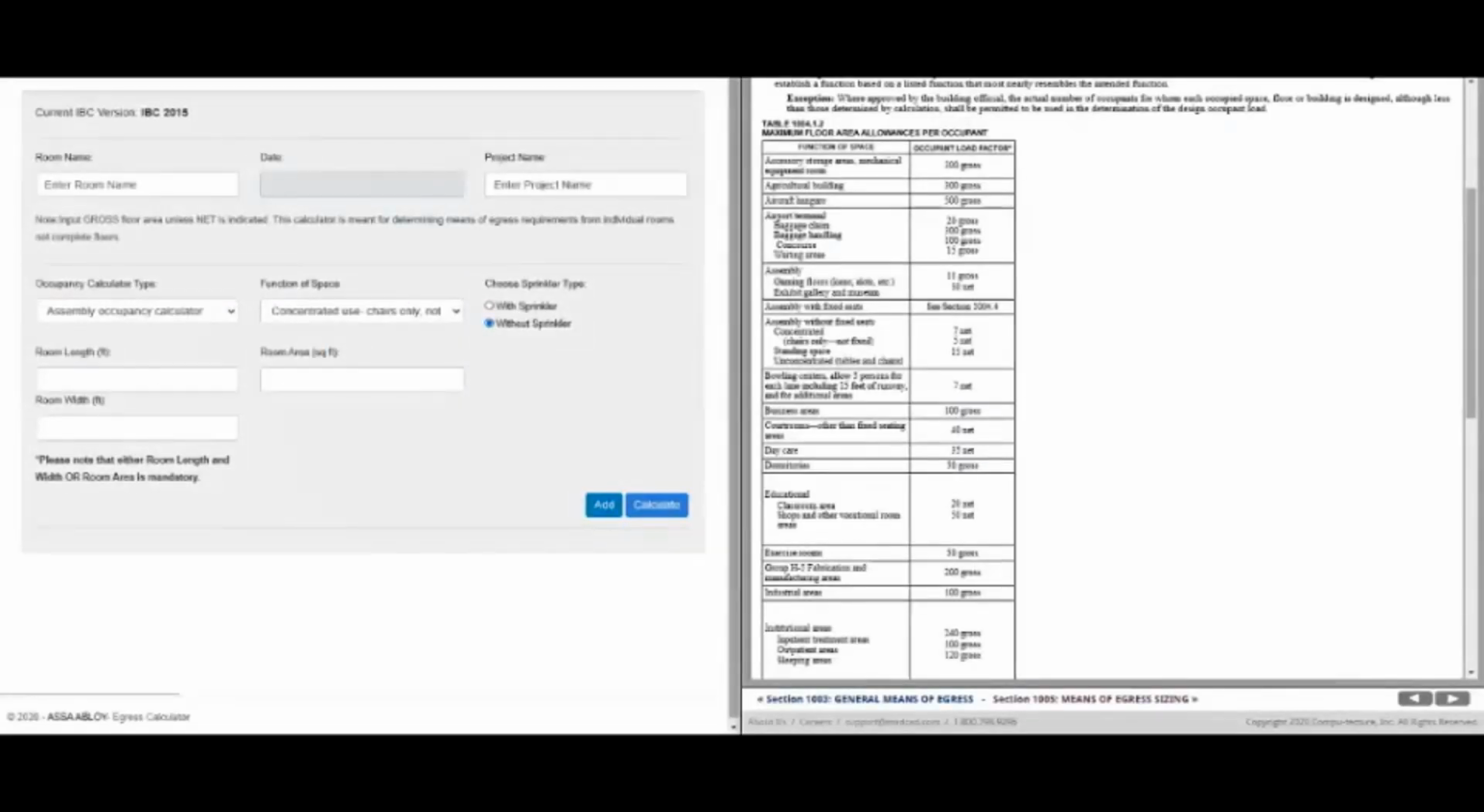The drop-down menus in the egress calculator are the same as the ones on table 1004.1.2 in the International Building Code. They are just arranged by occupancy type, but that does not mean you can only use that occupancy type for that function of space. For example, the educational occupancy calculator is typically educational as K through 12, including nursery schools